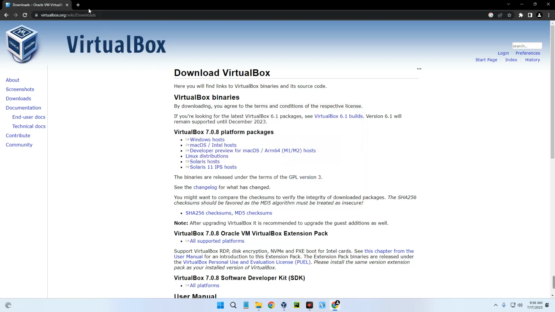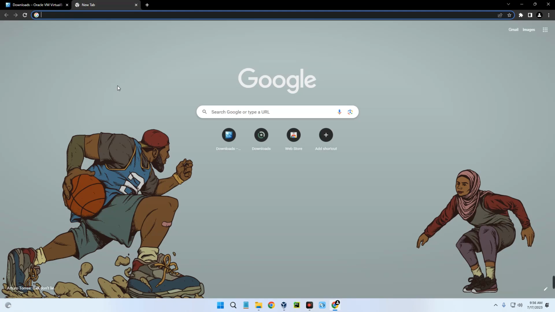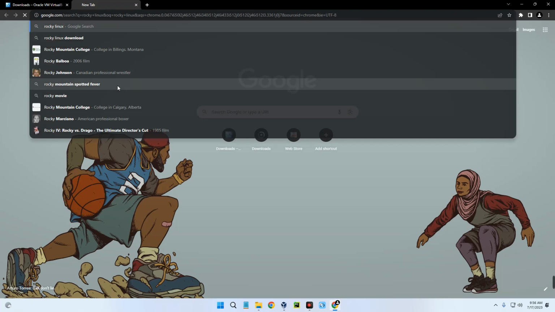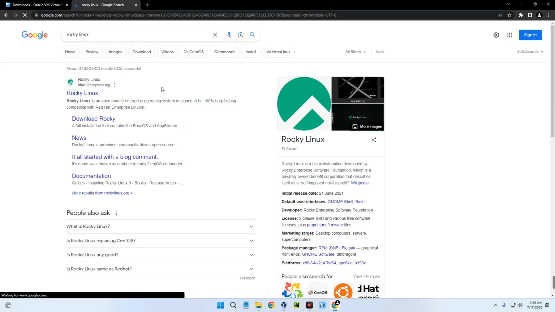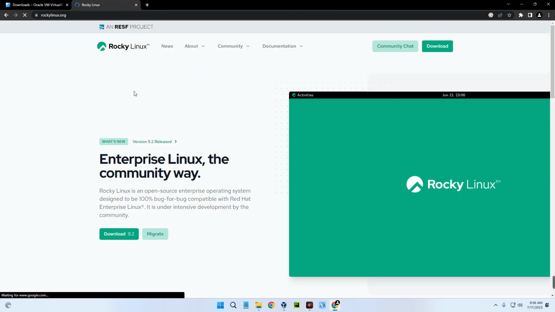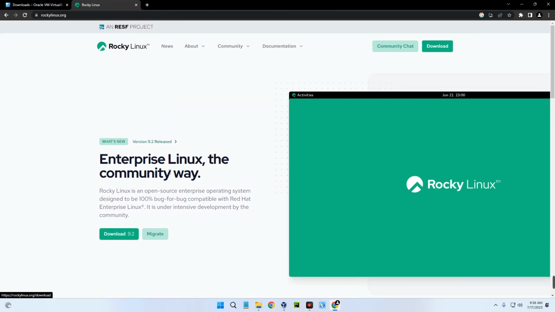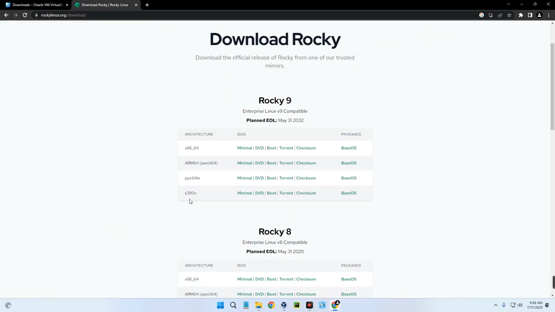Now we also have to download Rocky Linux, so open a new tab and then search for Rocky Linux. Now you can see the first page over here which heads to rockylinux.org. Click on it and we have to download the latest version of Rocky Linux. So if you look up here you can see download, or you also see it on your screen here. So click on download Rocky Linux and here we go. This is what we need: Rocky Linux